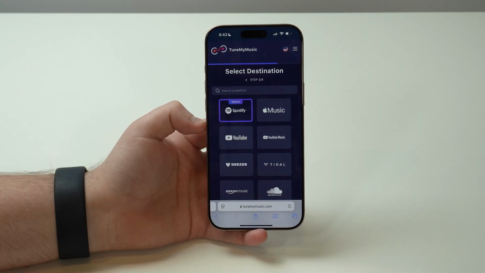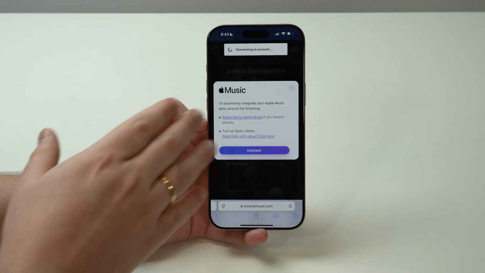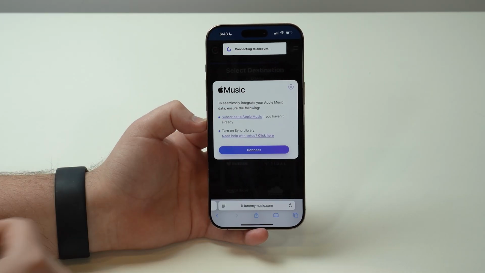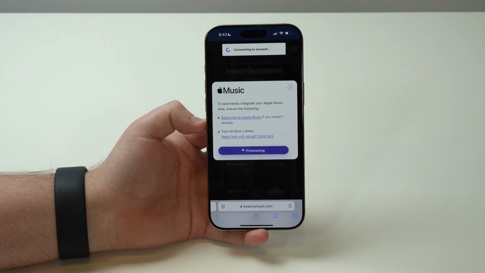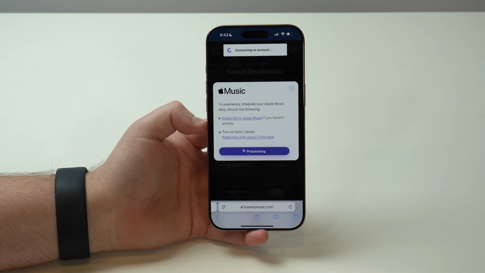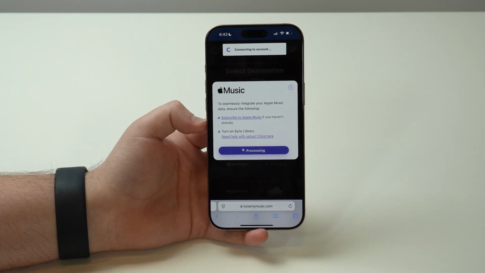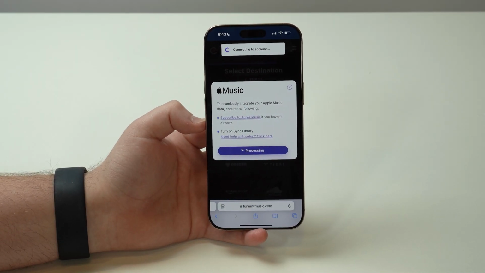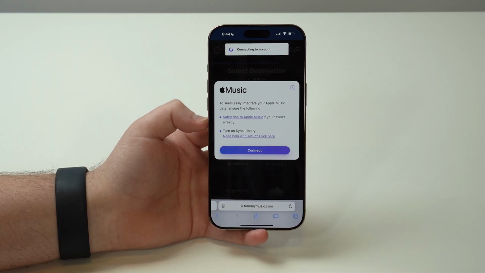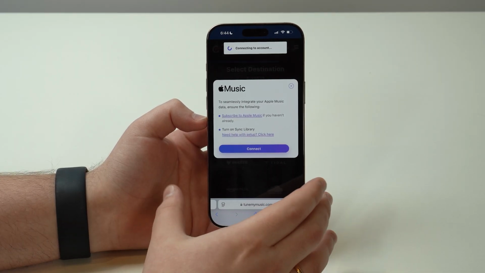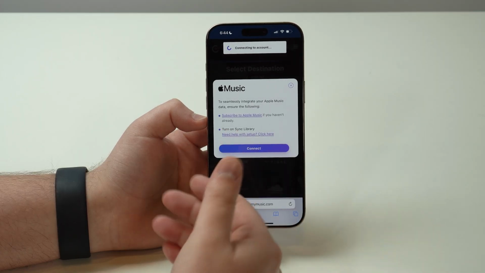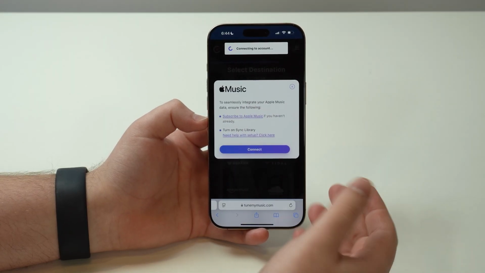So in this case, it's gonna be Apple Music, but it's up to you to choose anything that you want. And then of course, you're gonna do the same process. So Apple Music, we're gonna connect to Apple Music. Okay, this is all official, and of course, following all of the same privacy and the same terms of the services themselves, so you don't have to worry at all. And the same story goes here if you want to actually later on disconnect and remove access from your Apple